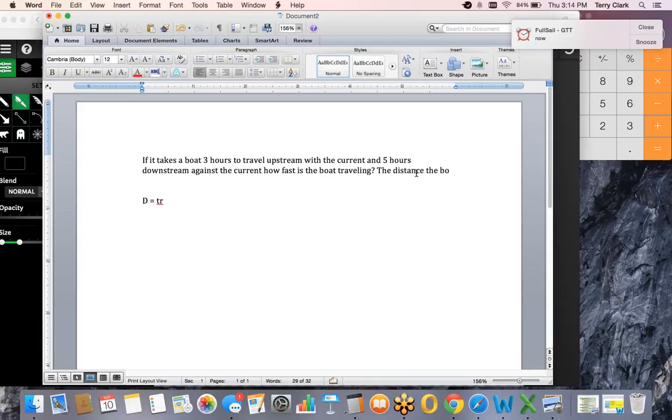the boat traveled was 800 miles. Okay, so we want to know how fast the boat is traveling. So we still got D equals TR. Okay, so now the way this is going to get set up here,